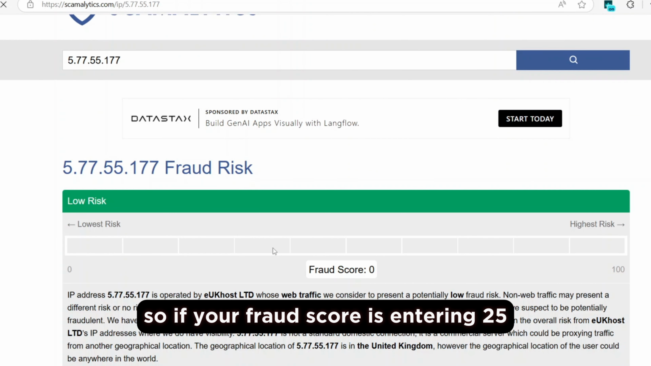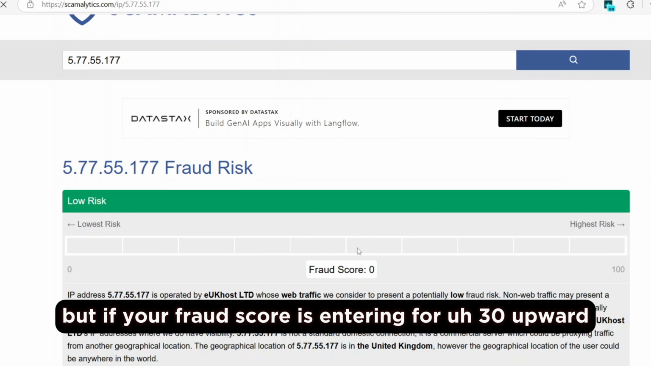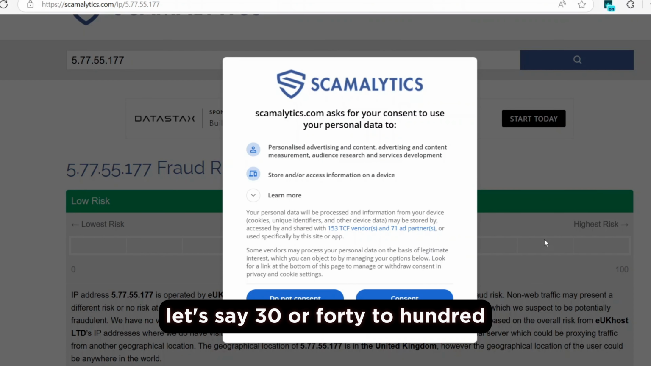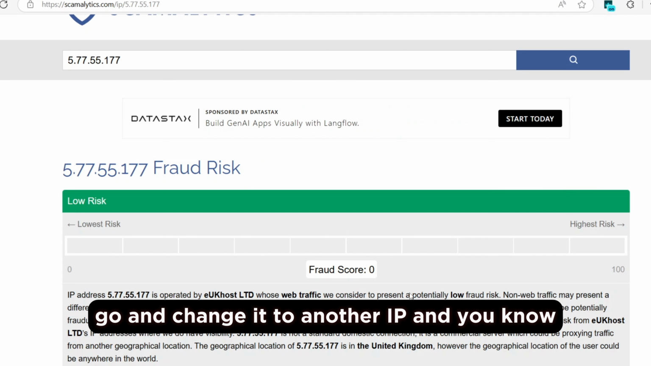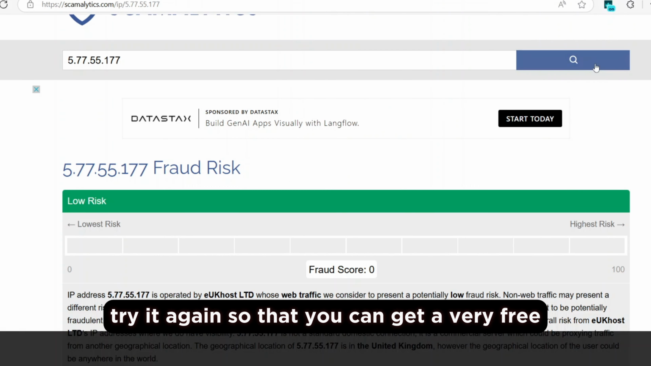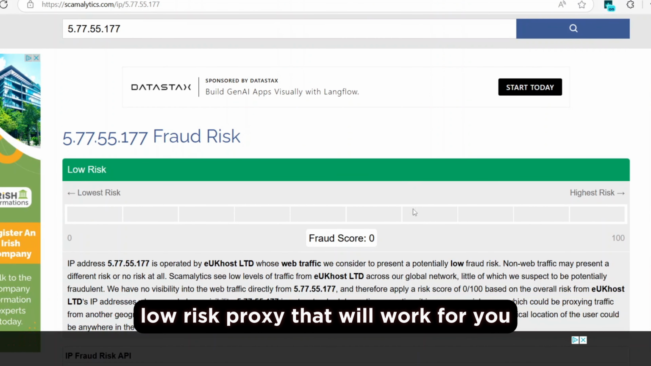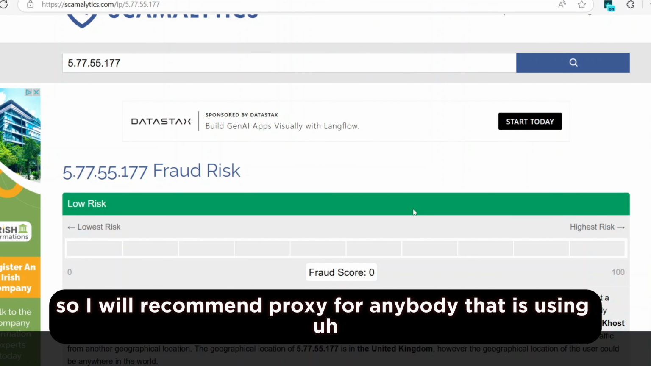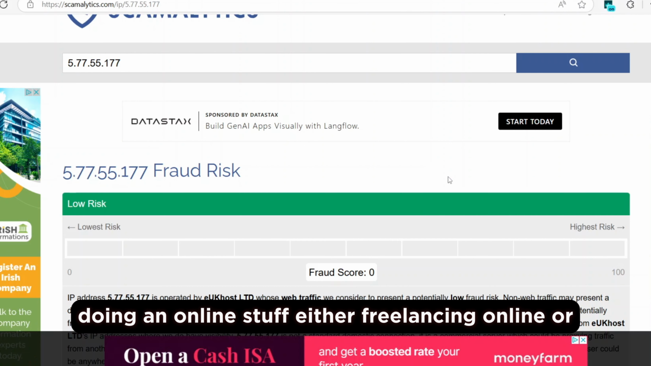If your fraud score is around 25, it's still manageable. But if your fraud score is 30 upward, let's say 30 or 40 up to 100, then you have to change the IP that you are given. Go and change this to another IP, and try it again, so that you can get a low risk proxy that will work for you. So I will recommend a proxy for anybody that is running a business online, doing online stuff, either freelancing online or